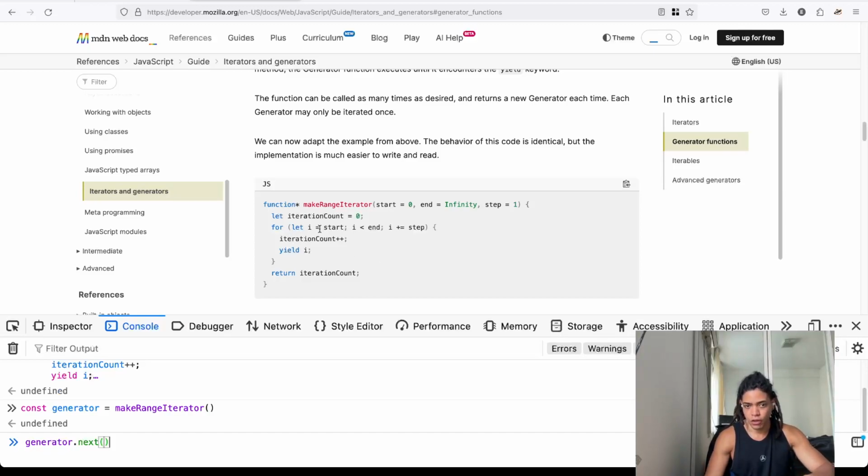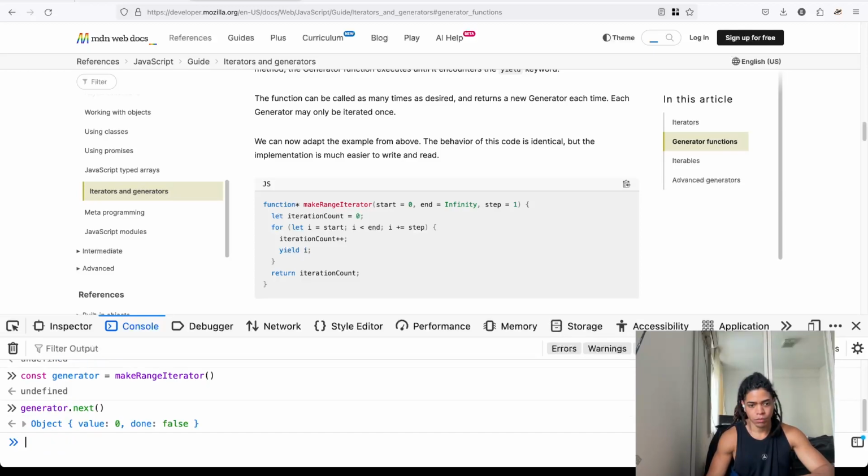And entering this loop, increment the iteration count, and then return this yield for that. Initially it is 0. Again, it returns the value 0 and done false. Value 1 and done false. And if we want to know what this generator is,